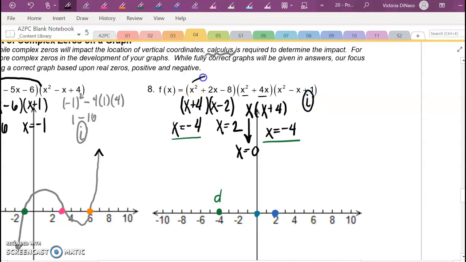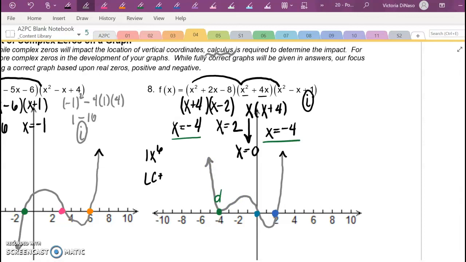Last but not least, we have x squared times x squared times x squared, which is 1x to the 6th power. My leading coefficient is positive. We're going to end going up. As I touch the green, we're not going to go over because it's double, and this is my final answer. So we just added factoring onto this, but most of your graphs will look like the